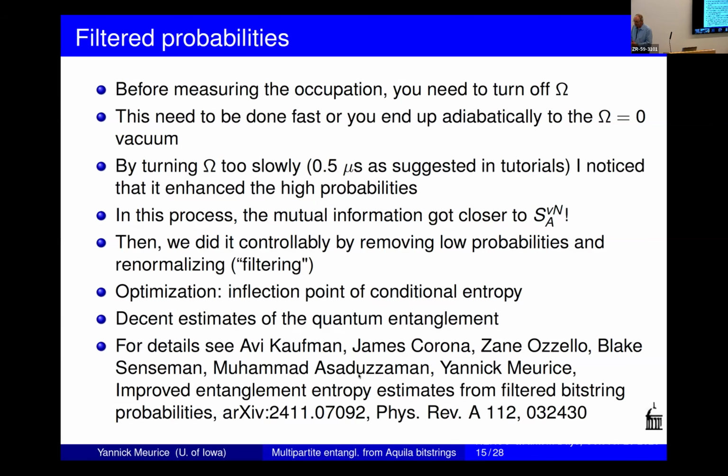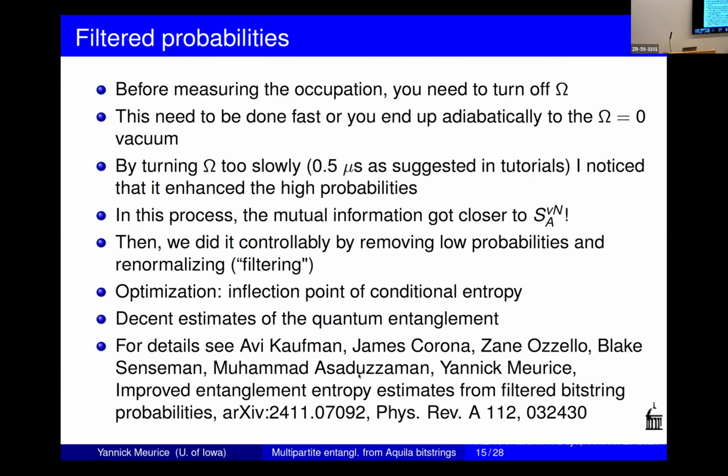So we filtered the probability. We removed the low-count probability, and then we redid the visual information with a renormalized probability. And so we get, now, this improves, but you have to know how to stop. And then another